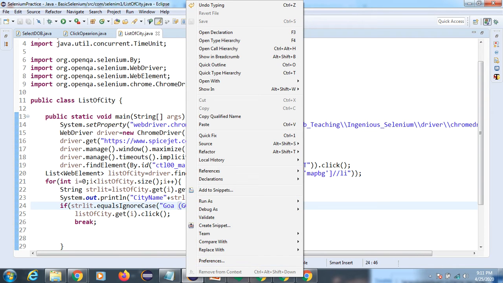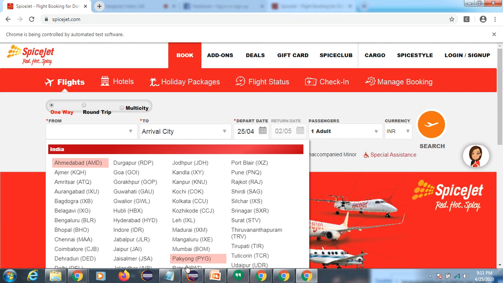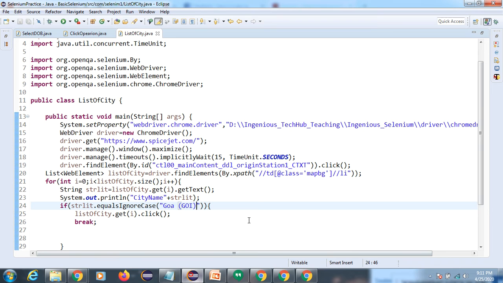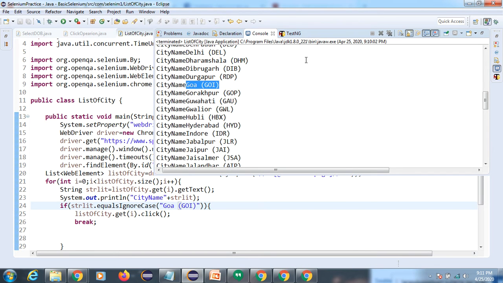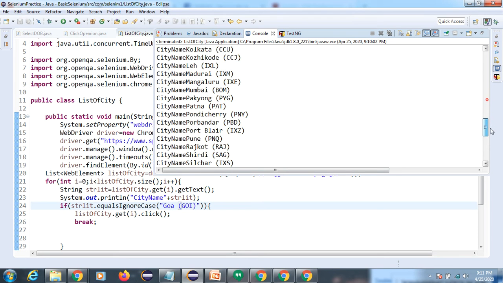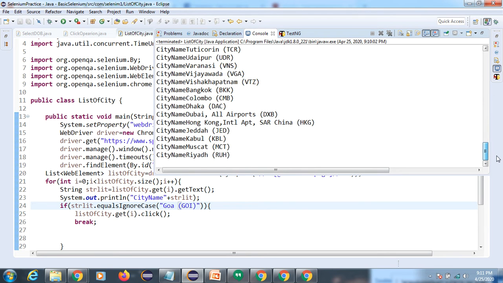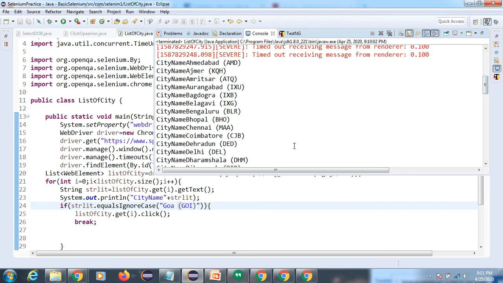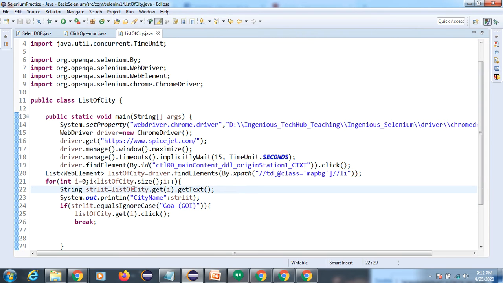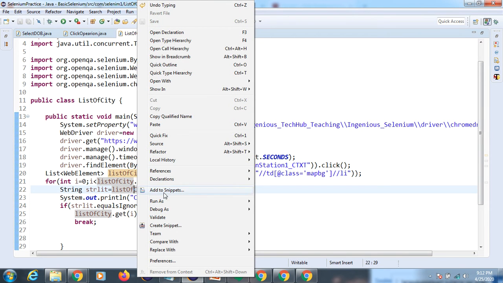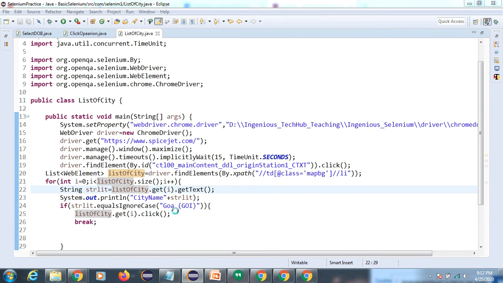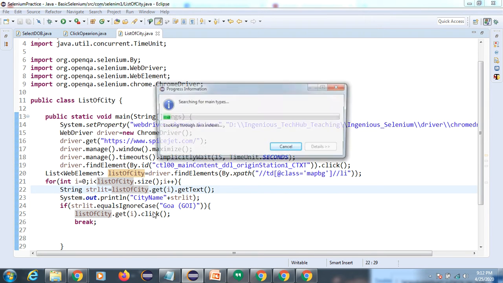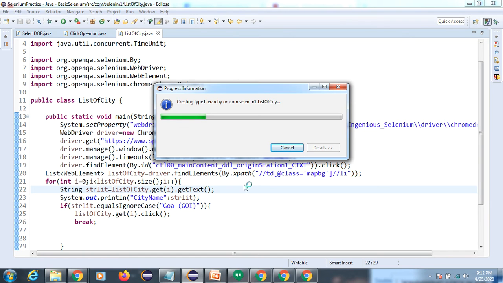You can see the console, right? Whatever we have explained inside this, the same thing is iterating here, right? City name, iterating all this list, and here that condition is not matching. So might be some issue, or it is not identifying. So let's execute one more time.